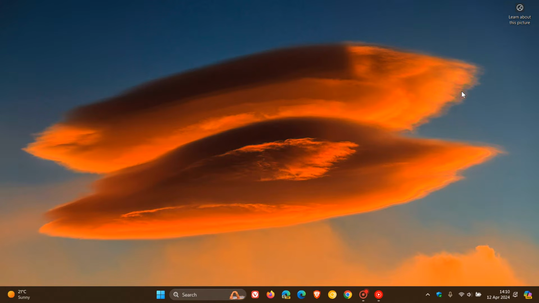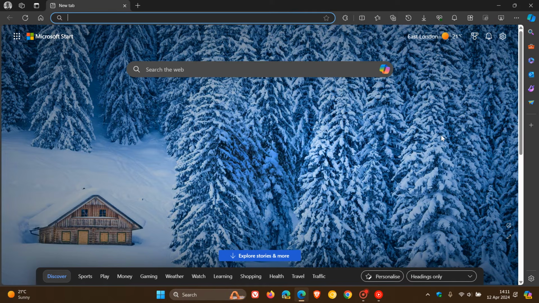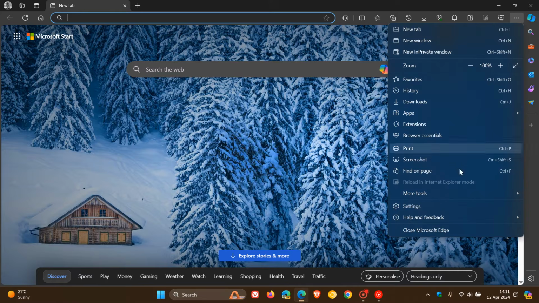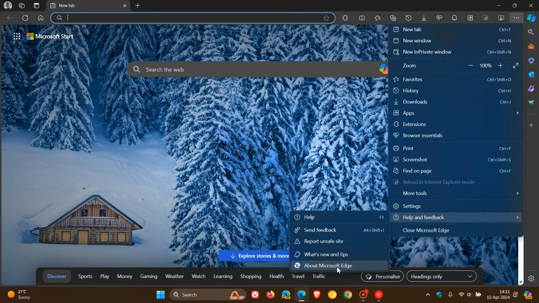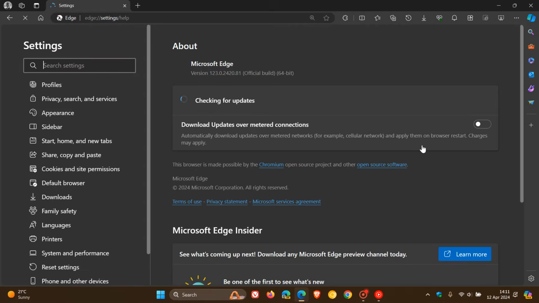So low disk space, as you may well know, can affect your PC's performance on Windows 10 and Windows 11 and can cause errors, especially when you are trying to update different browsers and software on both OSs. And a common error due to low disk space on Windows 10 and Windows 11, as an example, is when you are trying to update Microsoft Edge, and due to the low disk space, it generates an error with the error